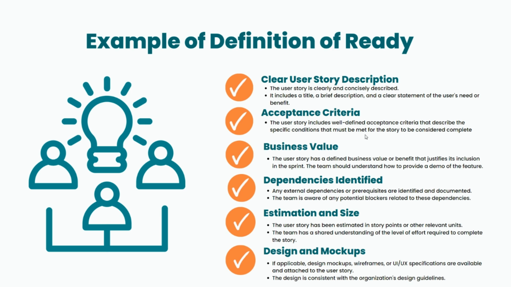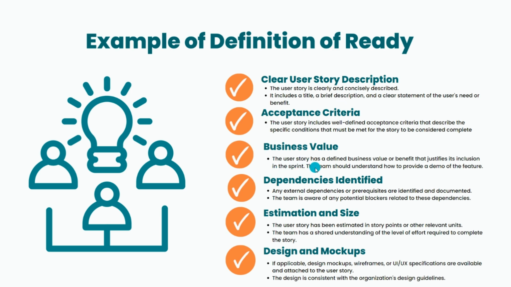The acceptance criteria. It should have very well defined acceptance criteria which defines the conditions that must be met for the story to be considered complete. So when I say the story is complete, how will I say the story is complete? I have to check all the parameters given in the acceptance criteria, whether it is meeting the expectation. If it meets all the acceptance criteria conditions, then definitely that can be considered a complete story. But if it is not, then in that instance the developer needs to do some rework on that.